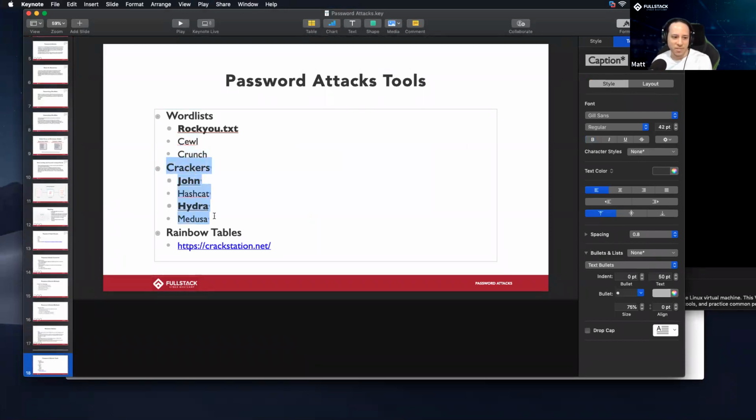Let's talk about the actual offensive ones now, the crackers. So I'll demo John first, and then I'll demo Hydra. Hashcat, you'd have to install yourself. If you do want to play with it, I recommend using it on a machine that has a powerful GPU, because I think that's the advantage Hashcat has over John, is that it uses your GPU hardware for the hashing, whereas John uses your CPU. Unless you plan on building a crack station, like a machine specifically for cracking, it doesn't matter. We're going to use John.